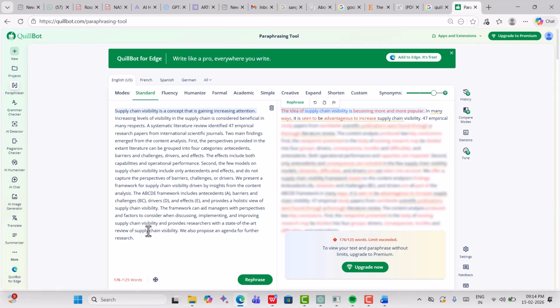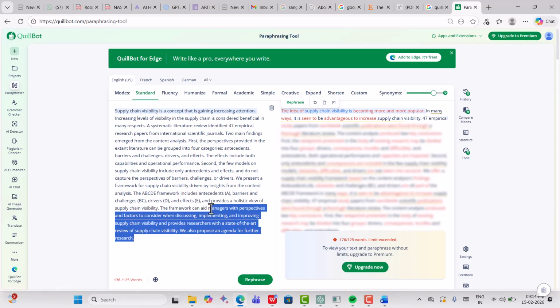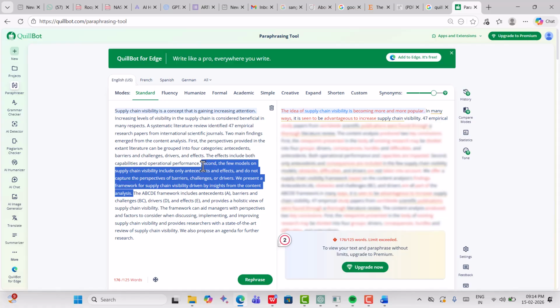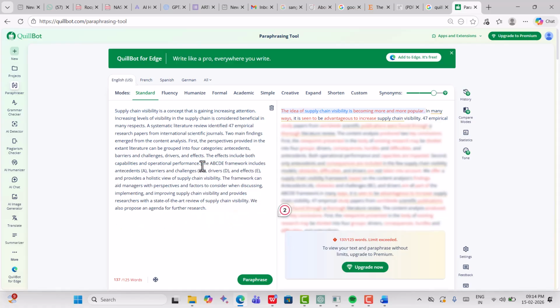When you are reducing it for the 125 words, it will come. That's the reason I'm asking you to subscribe till the completion of your project. Because if we reduce it to 135 words, sometimes that important point may get reduced, and then you cannot find the exact one. So better go for the subscription, or else you can find some other